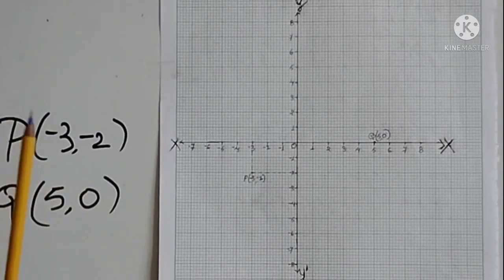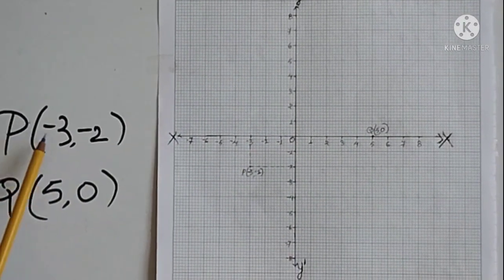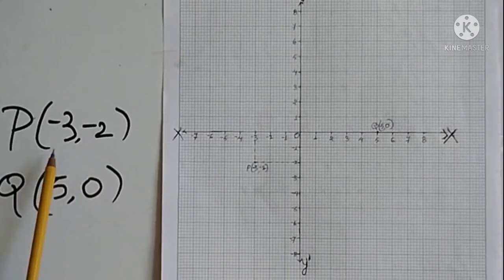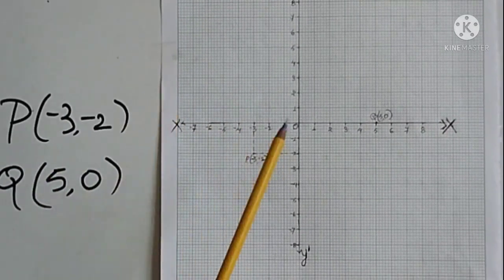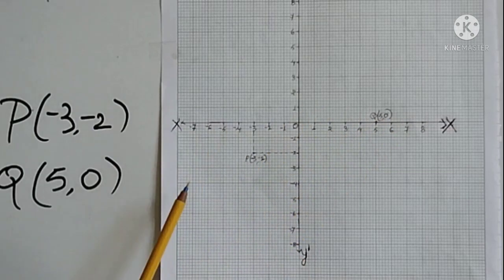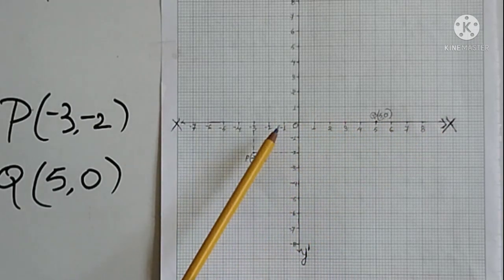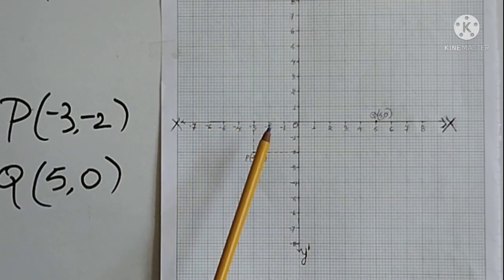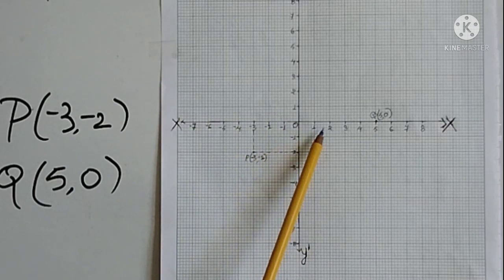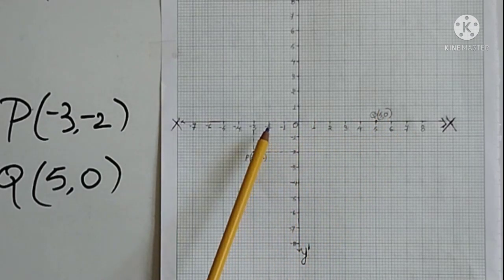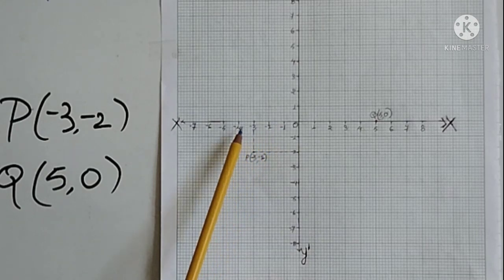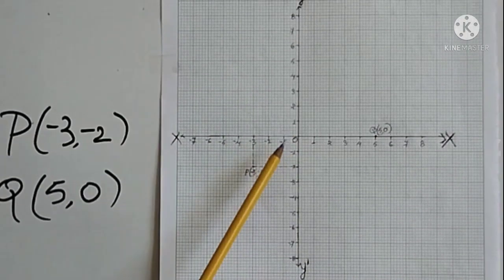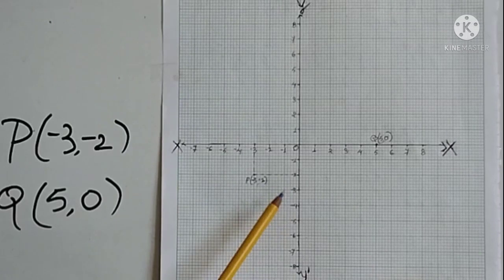Now we will take two examples, 2 points. One is P(-3, -2) and Q(5, 0). Now we will try to plot these 2 points in graph. So see, accordingly I have taken a graph paper and see, this is XOX' and YOY'. Now you have to grade 1, 2, 3, 4 like this, and here negative, -1, -2, -3 like this, and for y over here 1, 2, 3, 4. Similarly -1, -2, -3 like this.